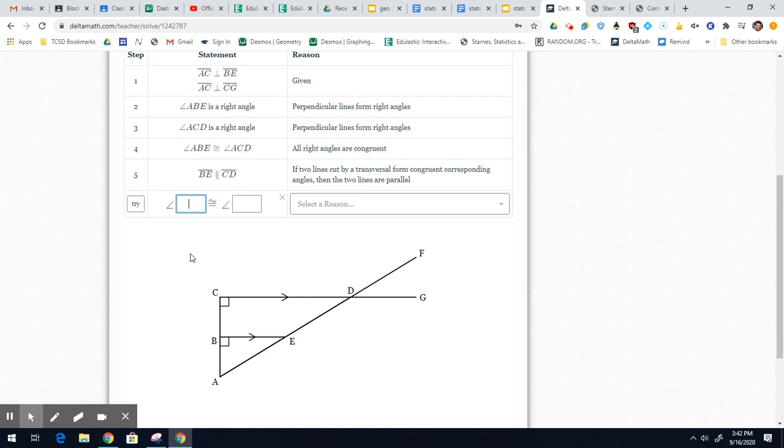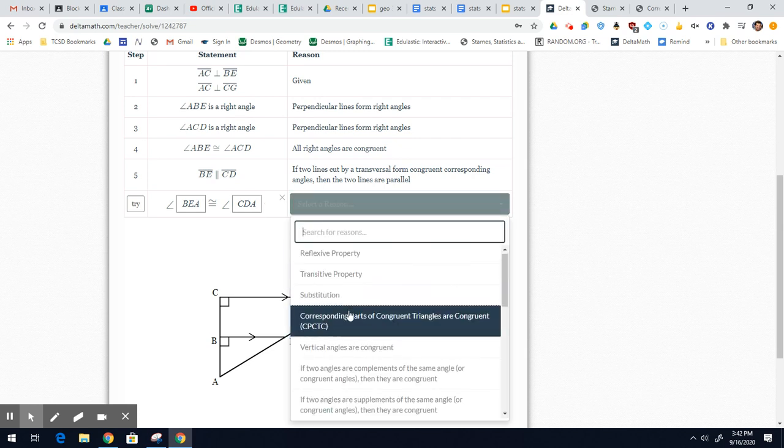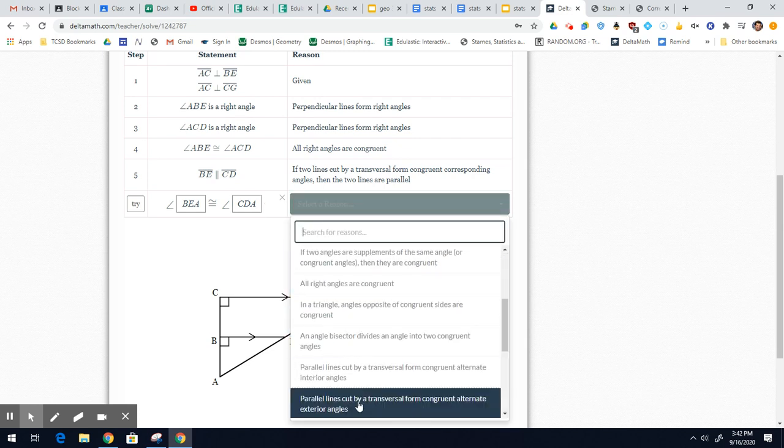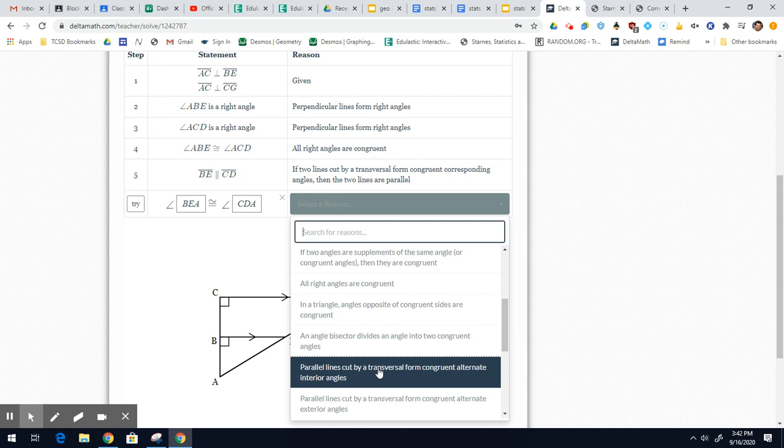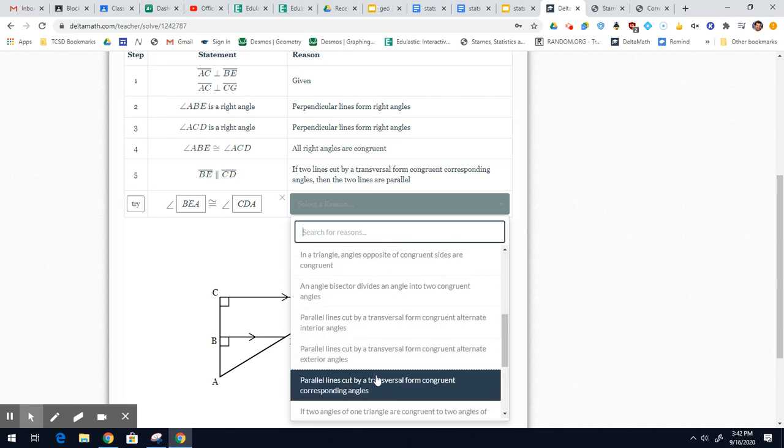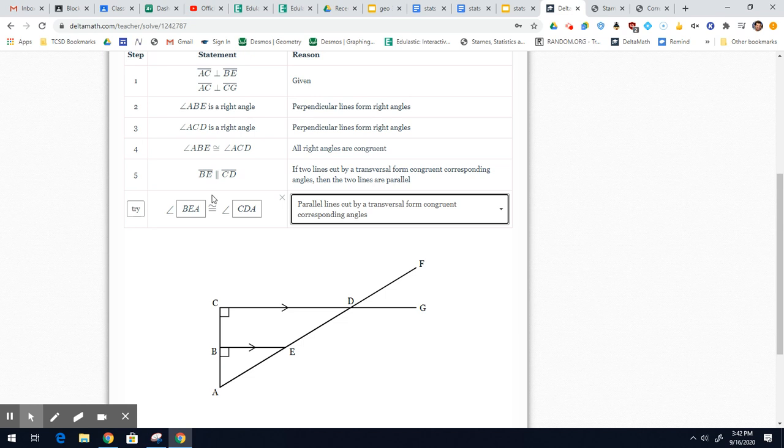So we'll say angle BEA, and that's one of the angles I want to prove, right? Is congruent to angle, and I'll call this CDA. You could say CDE if you wanted to, but I'll say CDA. They're both the same because they're on the same side. And this is, again, because the lines are parallel, you have corresponding angles that are congruent. So it's this idea of converse thinking and then conditional thinking, right? So we use the converse to prove the lines are parallel, and we use the conditional to say that these